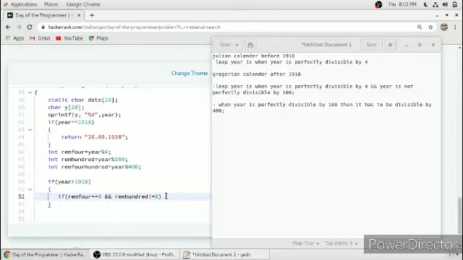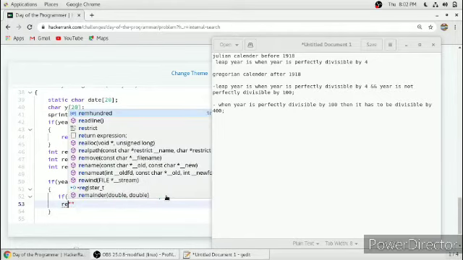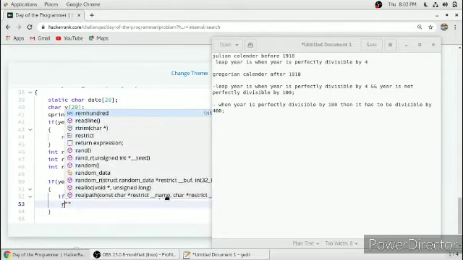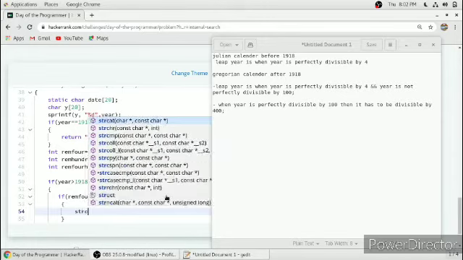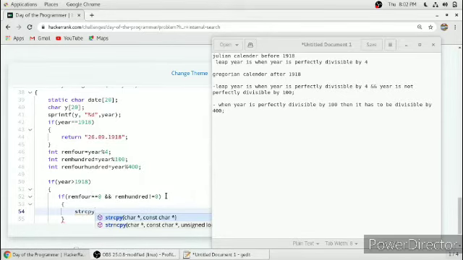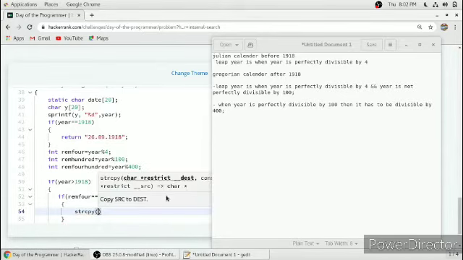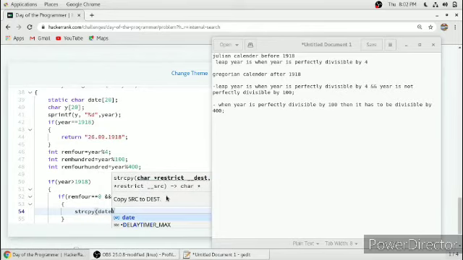So if the year is leap, the 256th day will be: strcpy, that is string copy, into date.